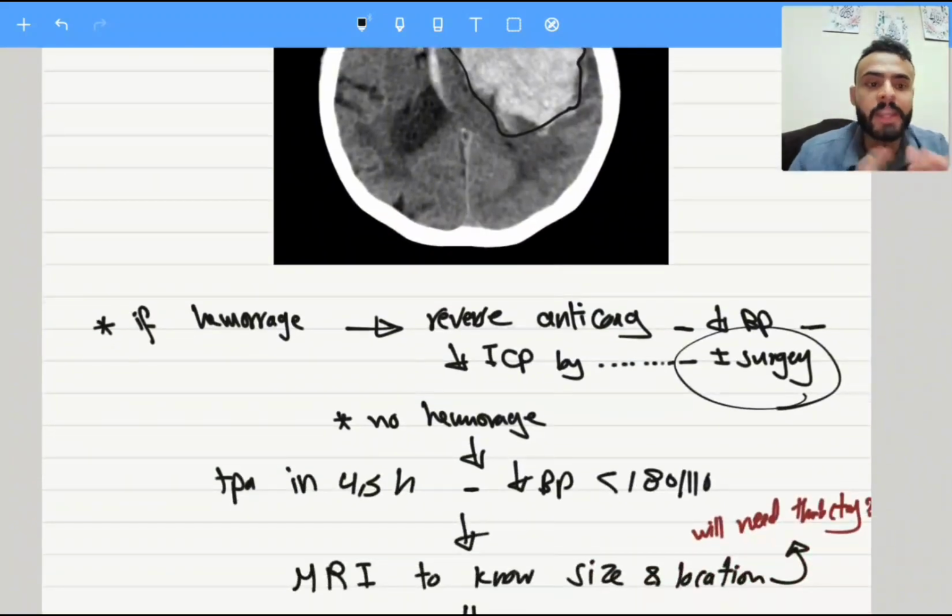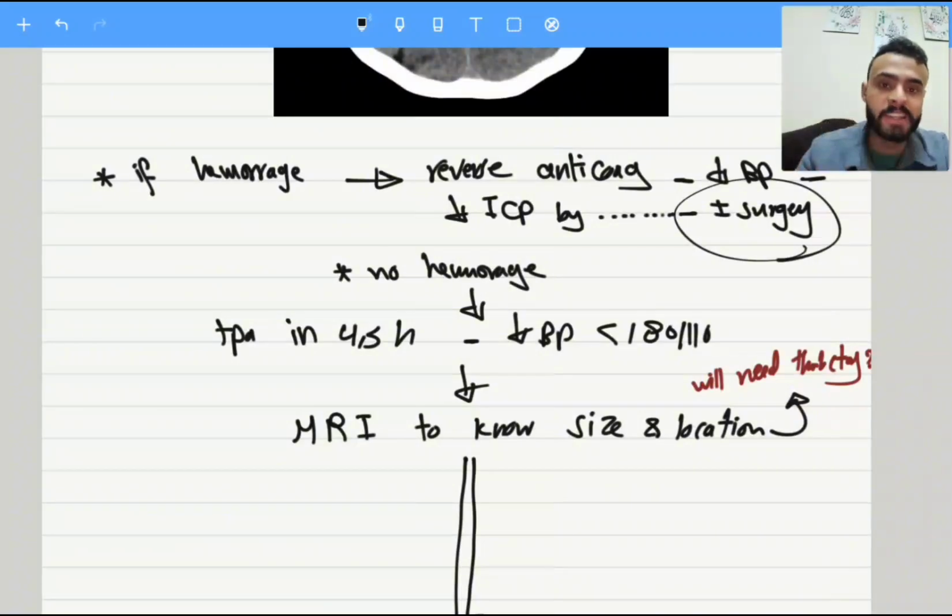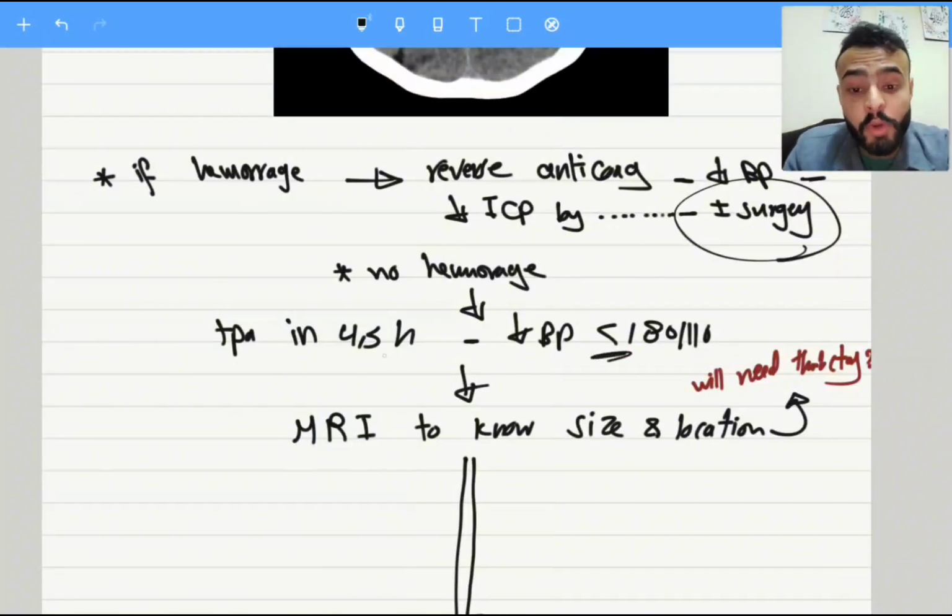This is for hemorrhage. Now, the CT scan is negative. CT scan is normal. Then this is ischemic stroke. Okay, what to do? Give the patient thrombolytics to dissolve the thrombi in the first 4.5 hours from the symptoms. Check the patient blood pressure. Lower the patient blood pressure lower than 180 over 110. Why? Because if you give a patient with blood pressure higher than 180 thrombolytics, he will bleed. So lower the patient blood pressure lower than 180, give him thrombolytics, then do MRI of the brain